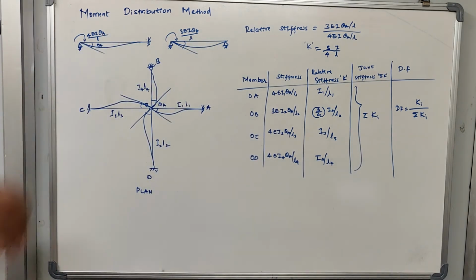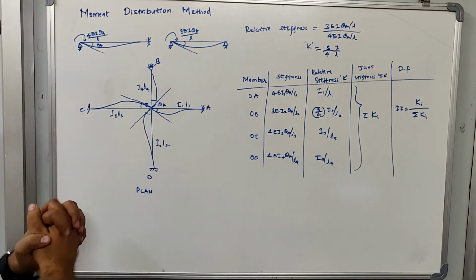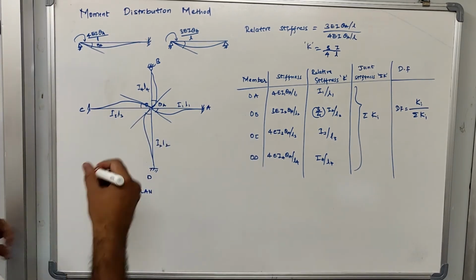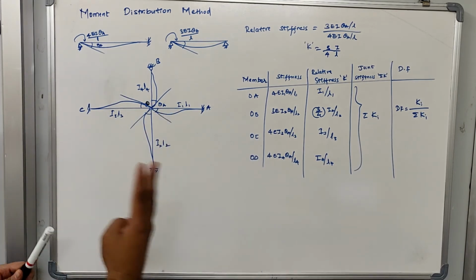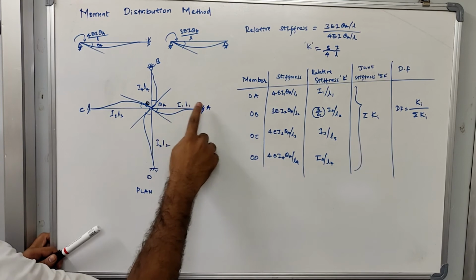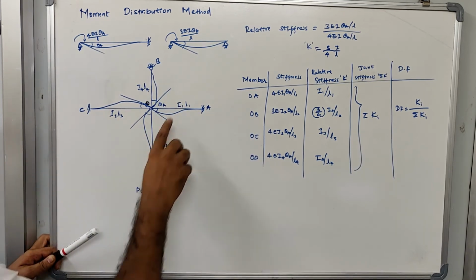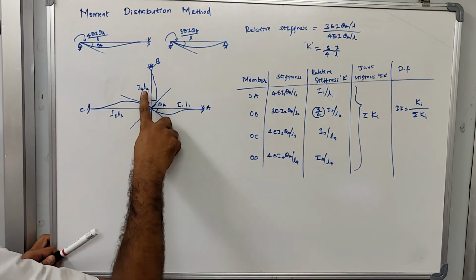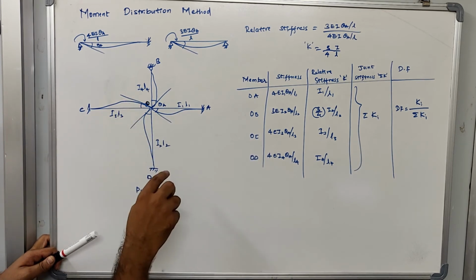Okay, so once you understand this, I'll try to explain this given figure. There is a joint called O. Okay, this is our joint O here. It is connected by 4 elements, so element OA, OB, OC and OD. All the elements are of different sections. So see here, the section here I am calling I1, this is I2, I3, I4, like this. Okay, so let me make a small correction here.